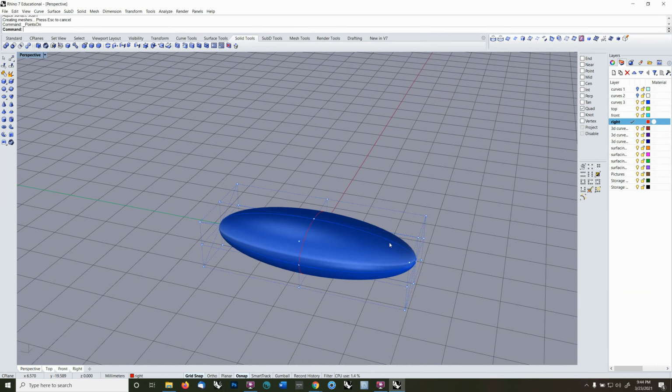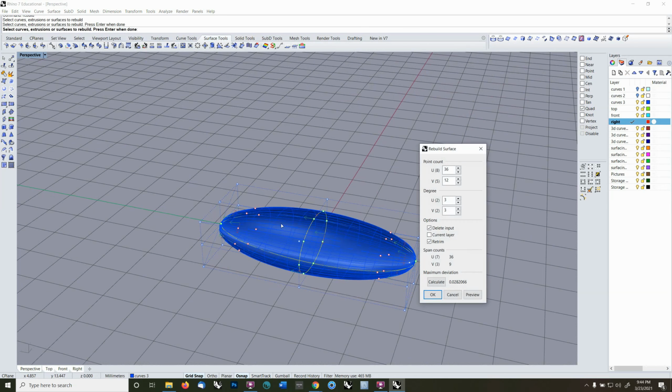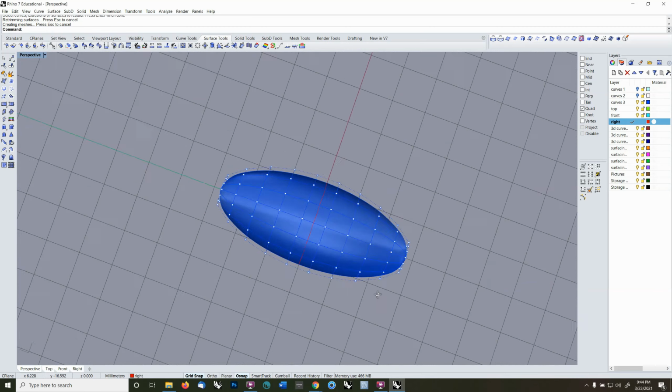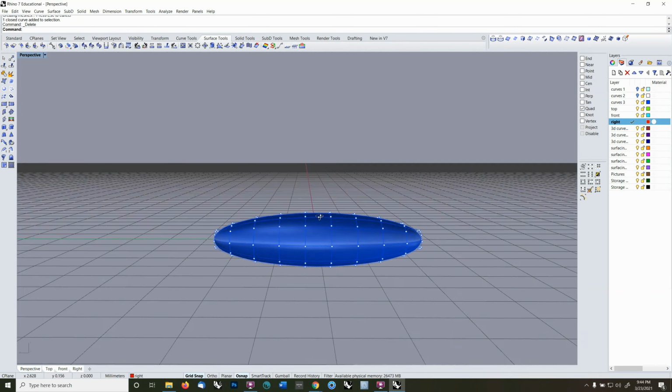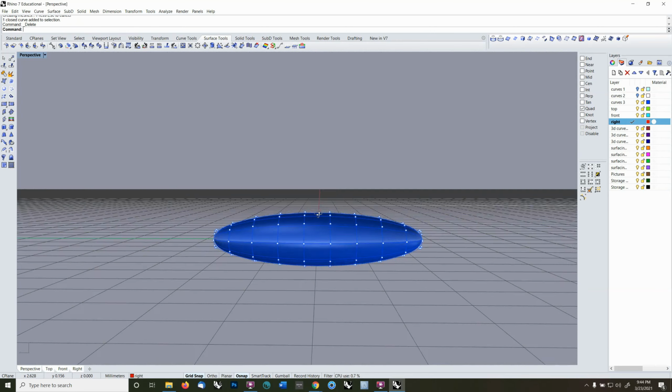All right, so not helpful for control point editing, but I can rebuild it easily enough by getting the little man with the hammer here or hitting F5, which is what I did. I think that 12 by 12 should be enough, both third degree. And that'll give me a more useful object as far as control point editing. And then to show how quickly you can create something here,